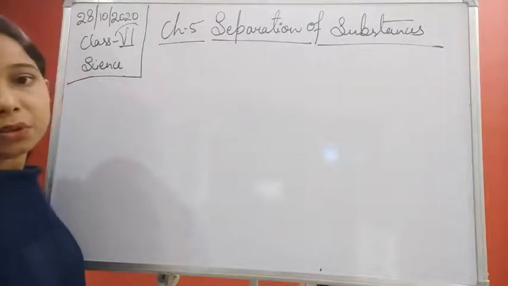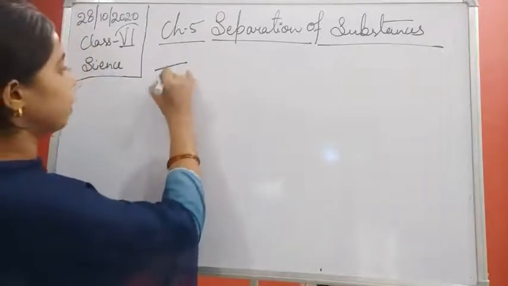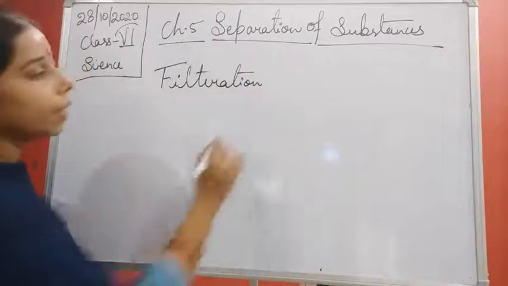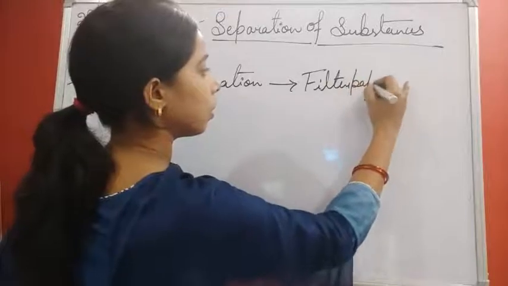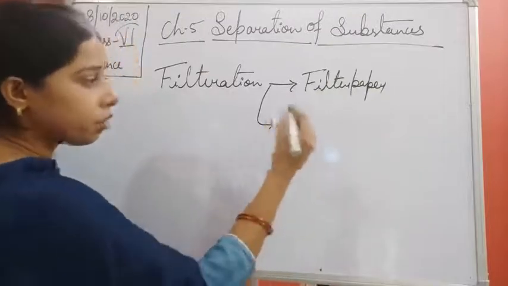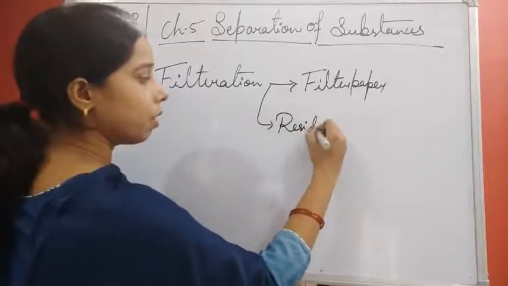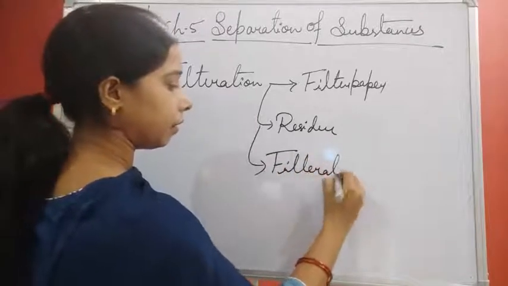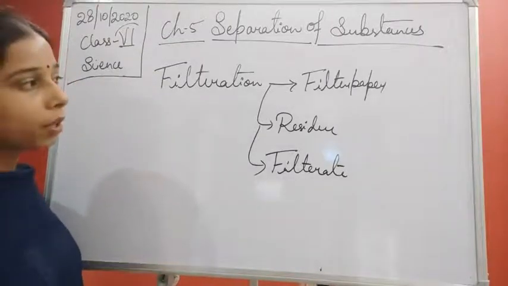What is there in the filtration process, students? So we discussed that actually in the filtration process, there are two terms. One is filter paper, with the help of which a residue is left, and then we also discussed what is filtrate. Now see students, this process includes all these things. Let me remind you one more time about all these.